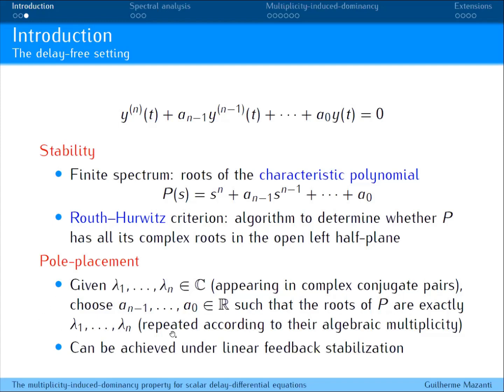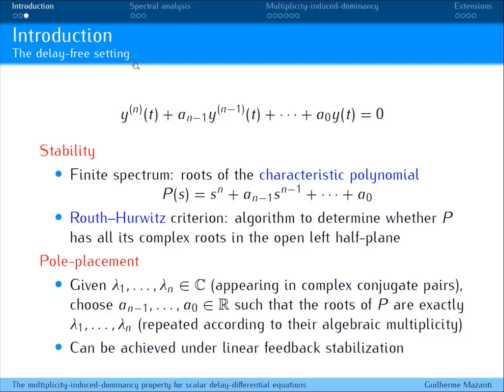So this means that if I have the choice of all of these coefficients, I can just choose the roots of this polynomial where I want. And so in particular, I can choose them to have negative real part, and then I can choose them to stabilize the system. So we can achieve this if we do, for instance, a linear feedback stabilization in order to modify these coefficients by adding some alphas here, as I said in my previous slide. So this means that the two questions that I had asked have some very simple answers in the delay-free situation,